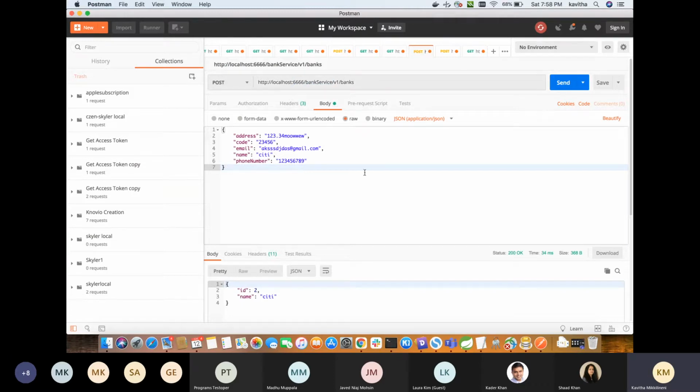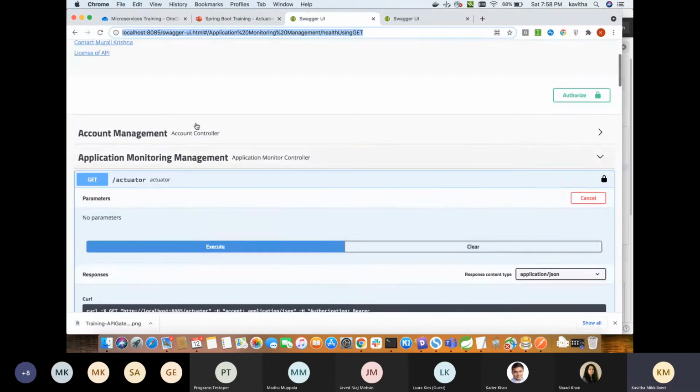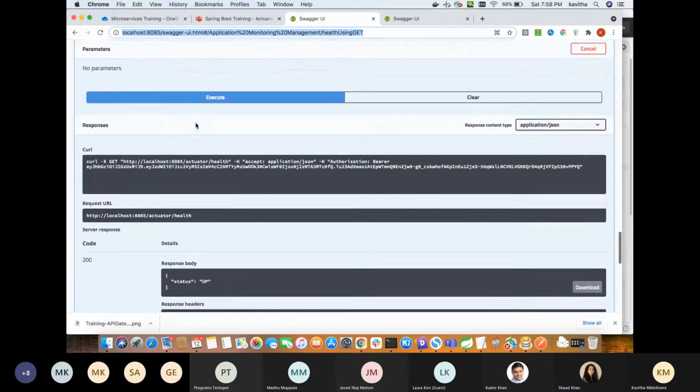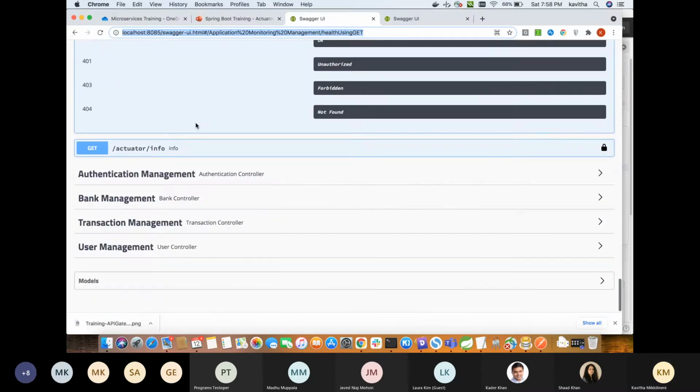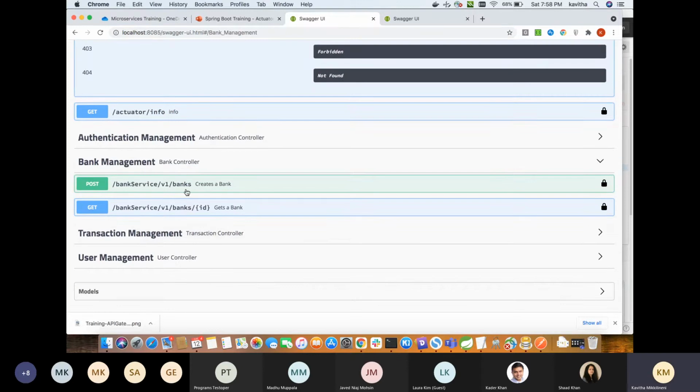So this is a create service. If you see the Swagger, this is the create bank service, v1 banks.